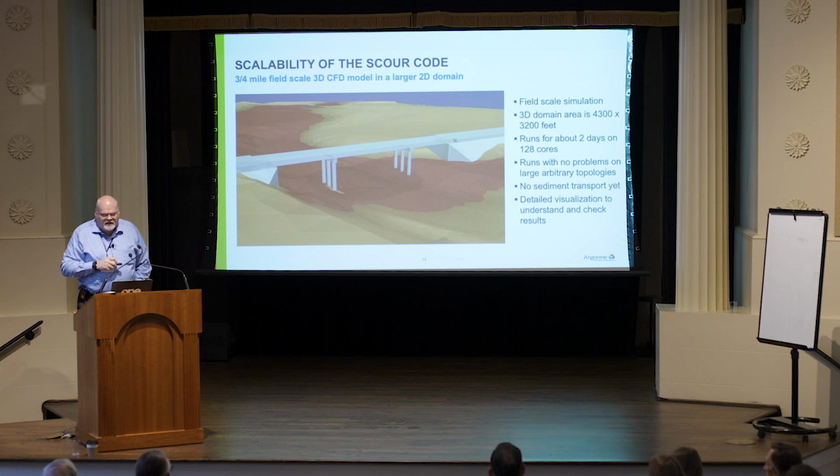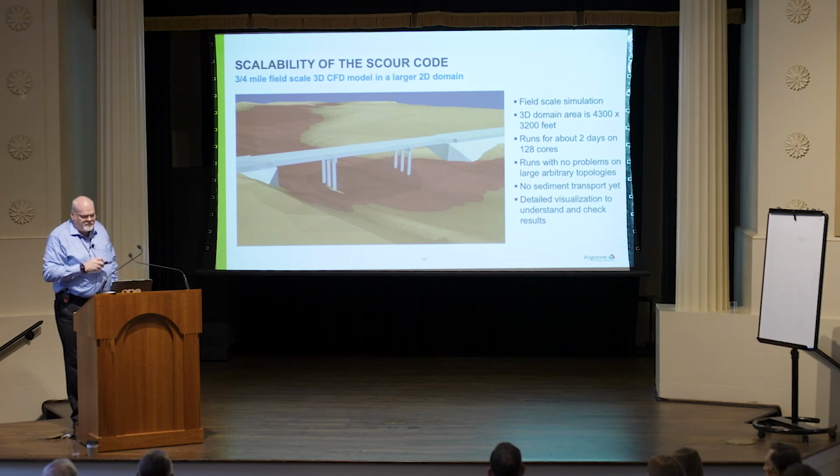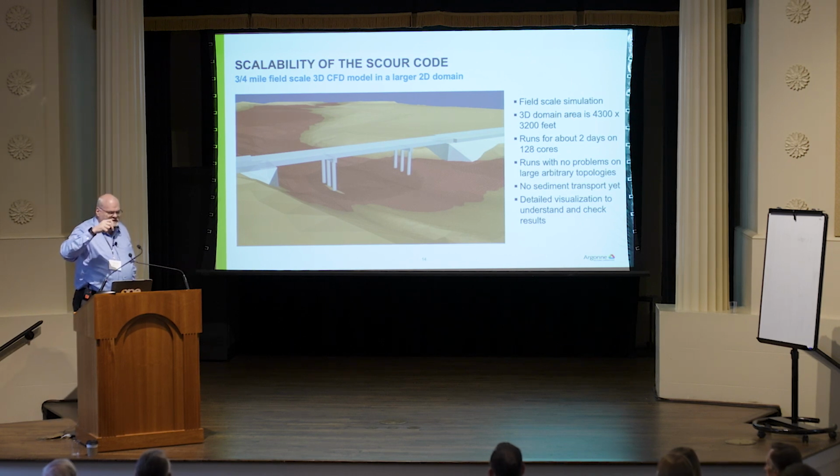In the long term, the tool can easily accommodate multiple layers of material, and the properties of the materials change as the scour hole develops. Right now, we do it with one material, but the theory is easy to extend to multiple layers, right? So that's not a big problem.